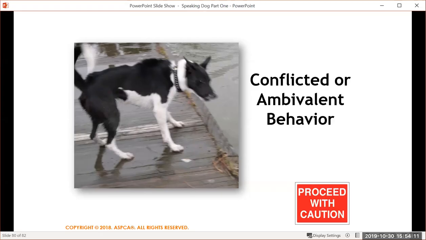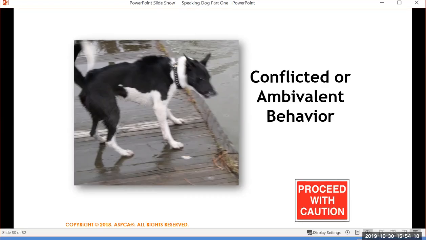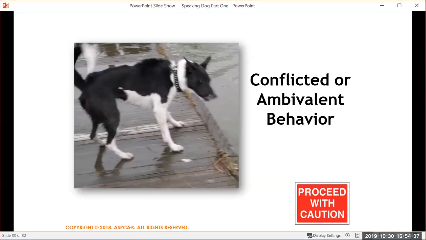Definitely hackles up, so he's aroused by something. He's very much conflicted between fight or flight. And I can tell you the story behind this. He's being threatened by a swan, a very large, aggressive swan, and he doesn't know whether to attack it or whether he's going to be attacked. Typically in this situation, if the animal is experiencing mixed motivations and one motivation is not overpowering the other, at any point in time something could change to alter that, and either the dog will move forward or move back.